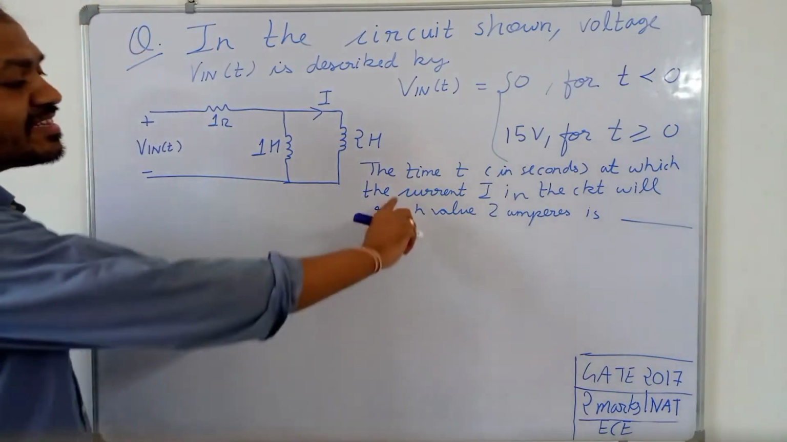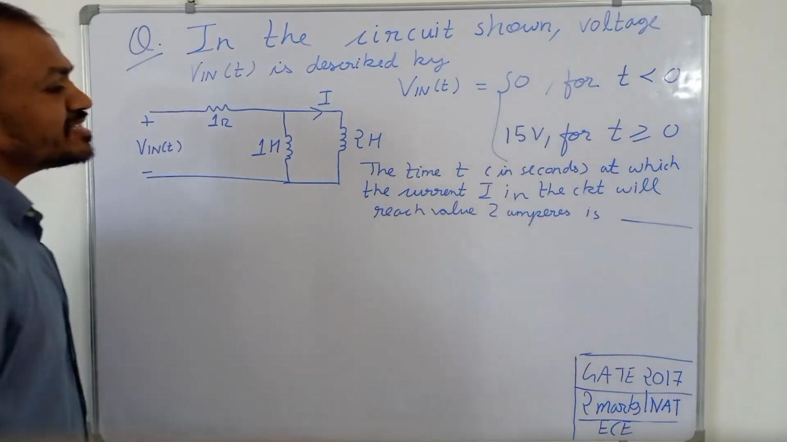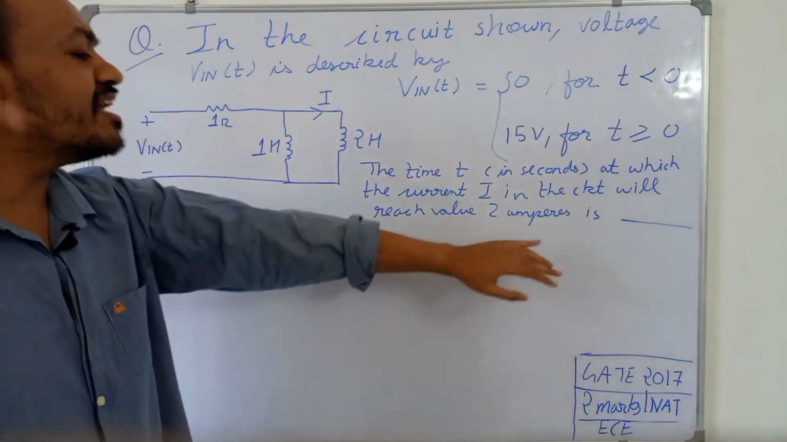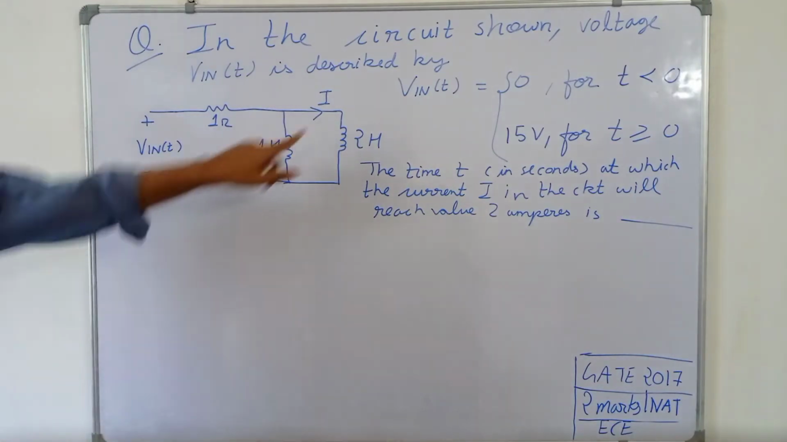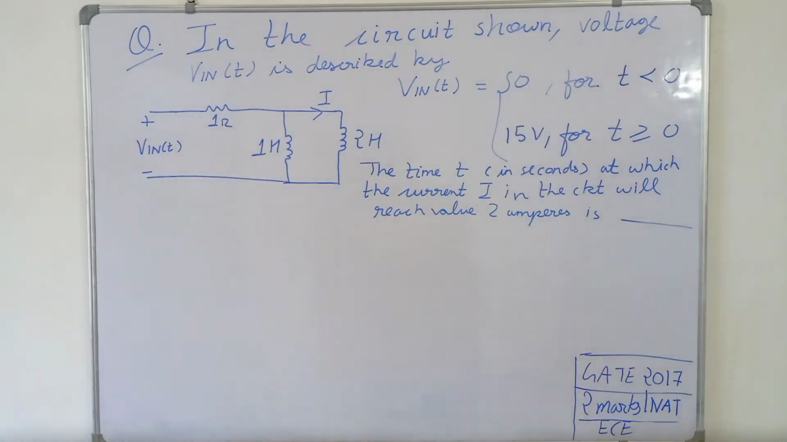So we have to find the time t in seconds at which the current I in the circuit will reach a value of 2 amperes. Okay. So first, if we want to draw the circuit for t less than 0,